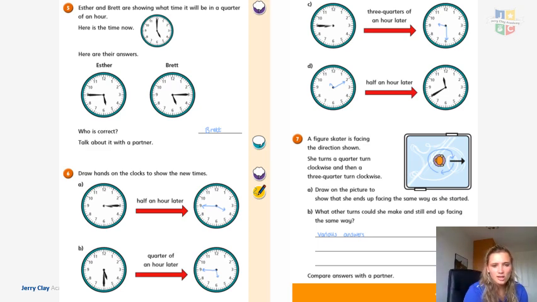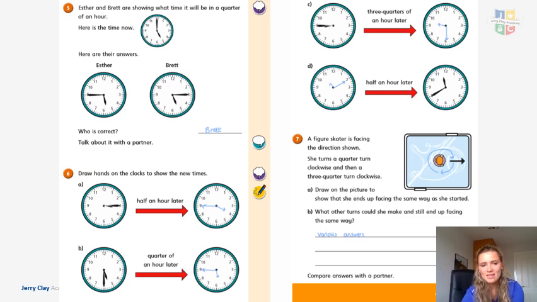Okay, draw hands on the clock to show the new times. So this, I want it half an hour later. So using your minute hand, you need to move it to half an hour. Now a trick here is that the clock has 12 numbers on it. So if it is turning half, it would move 6 numbers, whereas if it moves a quarter, it would move 3 numbers because 3 is half of 6. So the time should be 3:45, so your minute hand should be at the 9, the hour hand should be